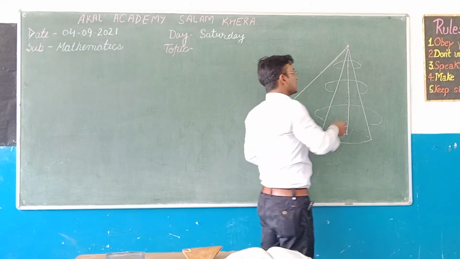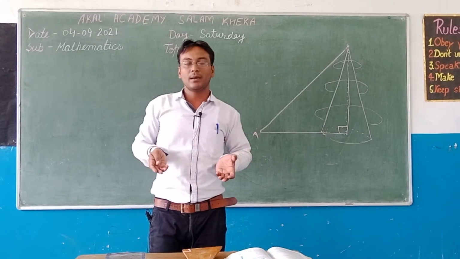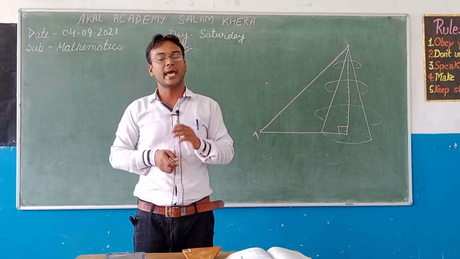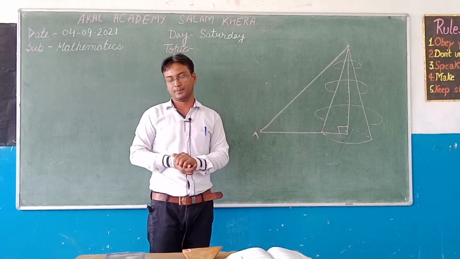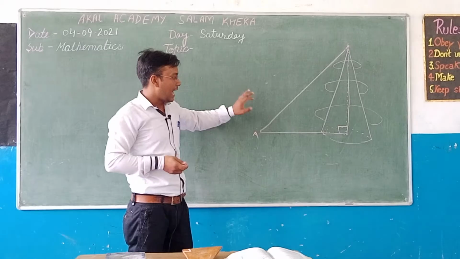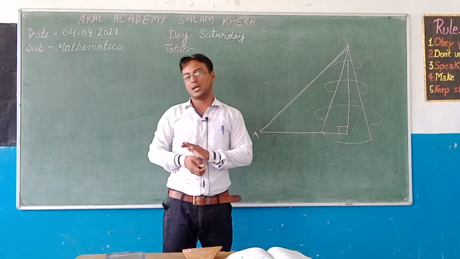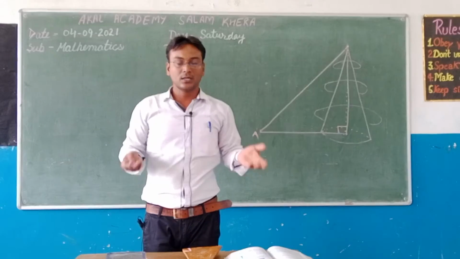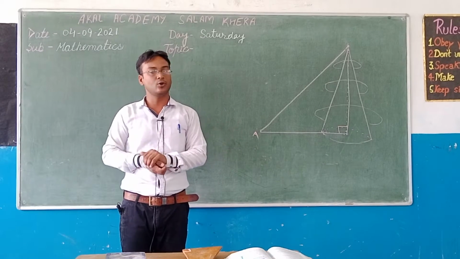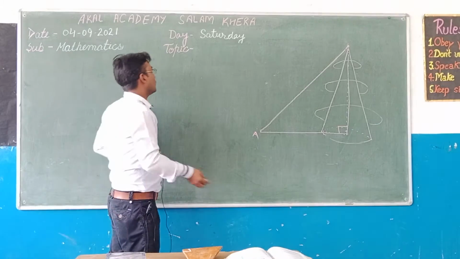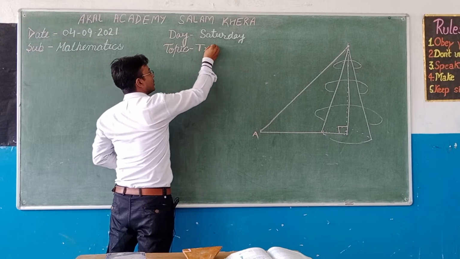So students, this type of situation comes under the mathematical techniques of the branch of maths called trigonometry. With the help of trigonometry, we can find the height of this tower. For the height of the tower, we need to learn some ratios of trigonometry. So our topic today is trigonometric ratios.